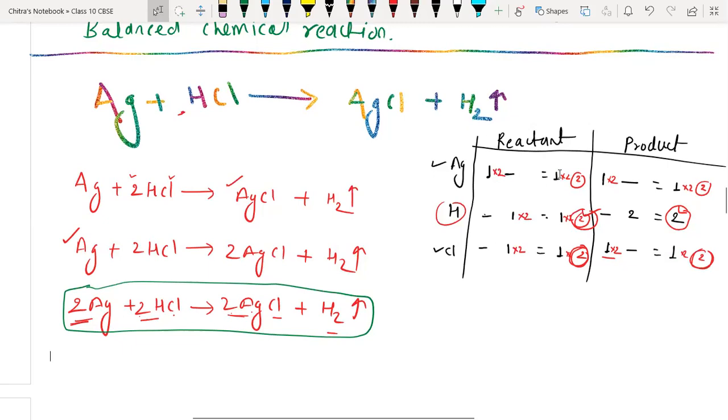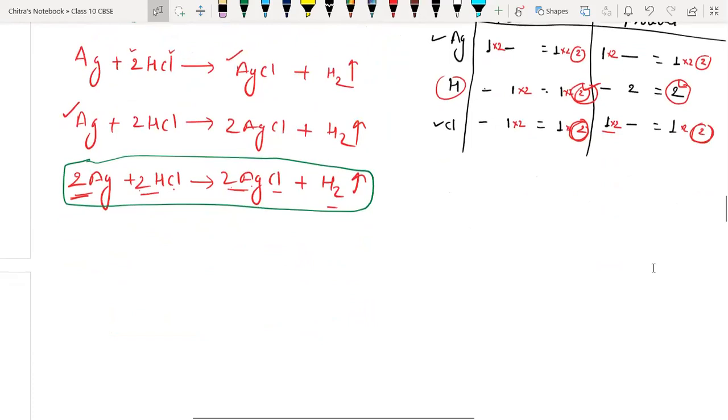Okay. So I am going to give you one homework so that you will prepare at home and we will discuss it in the next lecture. I'm going to give you one chemical reaction. You have to balance it at home without taking help from the internet or a book. You have to do it on your own. Then we will discuss it in the next lecture. So one reaction is for homework. So write down the homework.